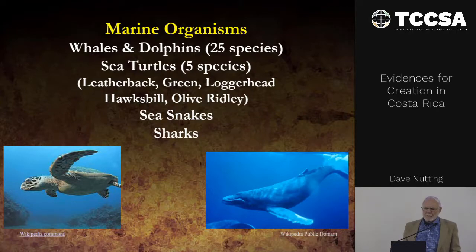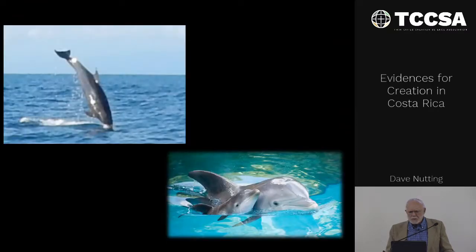Now, we see whales and dolphins are over 25 species, sea turtles, 5 species, and I don't know if you got to see the turtle. Okay, oh, did you? Okay, you got to see the sea turtle there, good, when we were snorkeling on the tour. Okay, the interesting thing about the dolphins, I managed to catch this. Isn't that amazing? I didn't realize it until later that I actually got it. But there it is, the dolphin. Amazing system. You have to understand that dolphins are water mammals. They need to keep warm, don't they? So how are they going to keep warm? Well, they swim into cold water frequently, but they're also in warm water. So what do